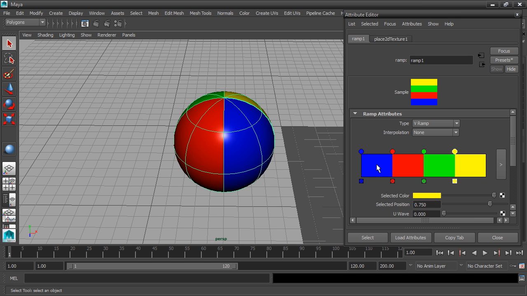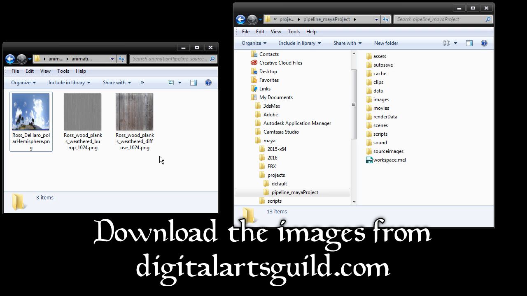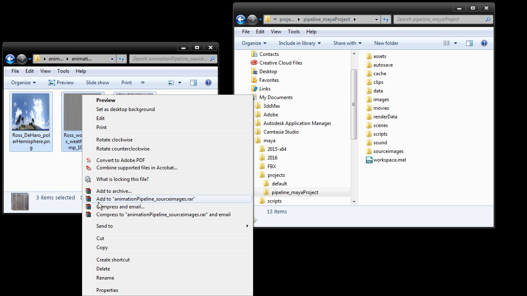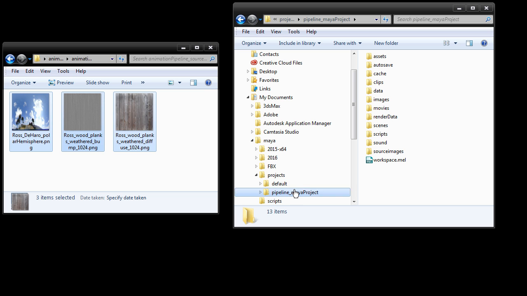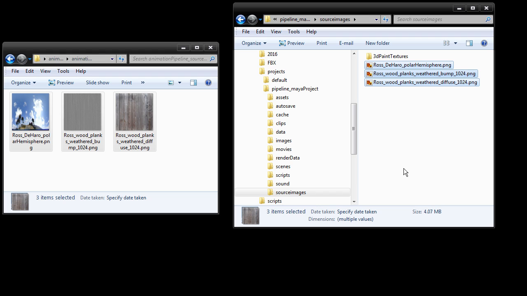For the ground plane, I want to apply an actual texture map from a file. So to do that, I need to place the files into my current project before I actually create the material. I'm going to minimize Maya. Here are the textures that come with the tutorial, and we want to put those into the current project's source images folder. Select those and then copy. Go over to Pipeline Maya Project Source Images and paste those in. Okay, now we can go back to